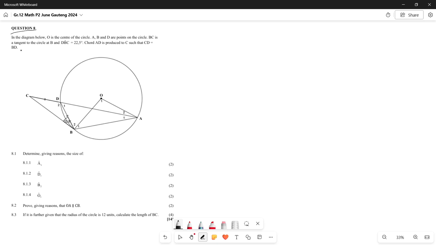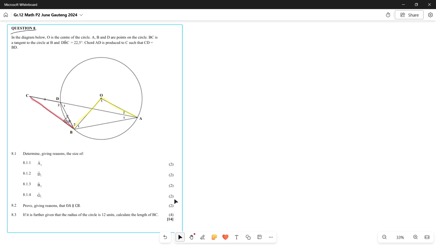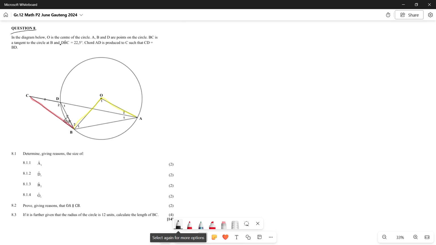So question 8 says, in the diagram below, O is the center of a circle, so that is important for us, which means any lines from O are radii. So we have a radius here and a radius here. That's important. A, B, and D are points on the circle. BC is a tangent, so we're going to highlight BC here as a tangent so that we can see if any tangent rules apply. So BC is a tangent to the circle at B over here, and DBC is 22,5